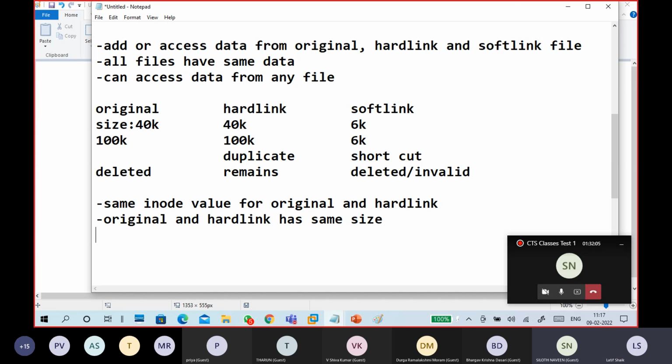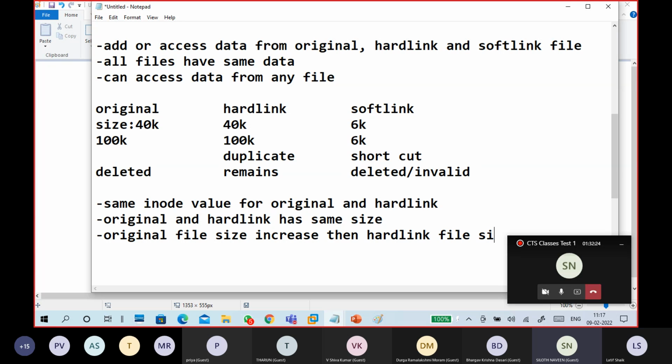So remember, when the original file size increases, then the hard link file size increases,